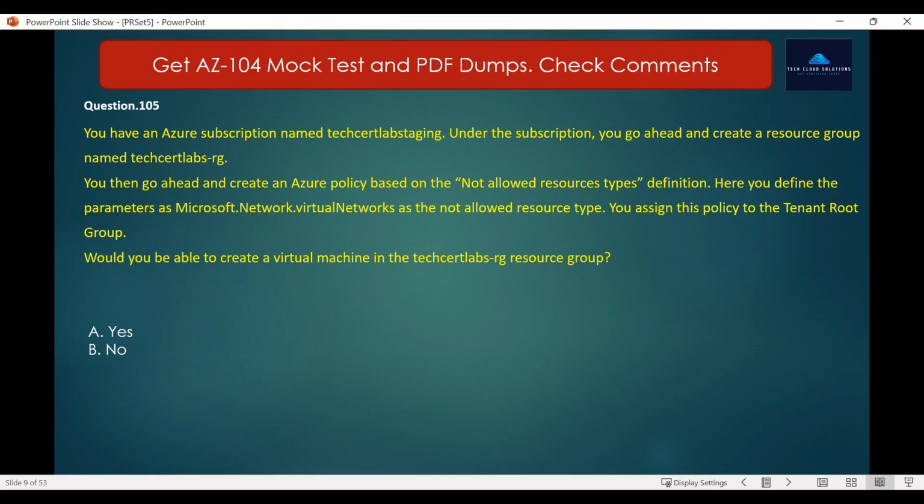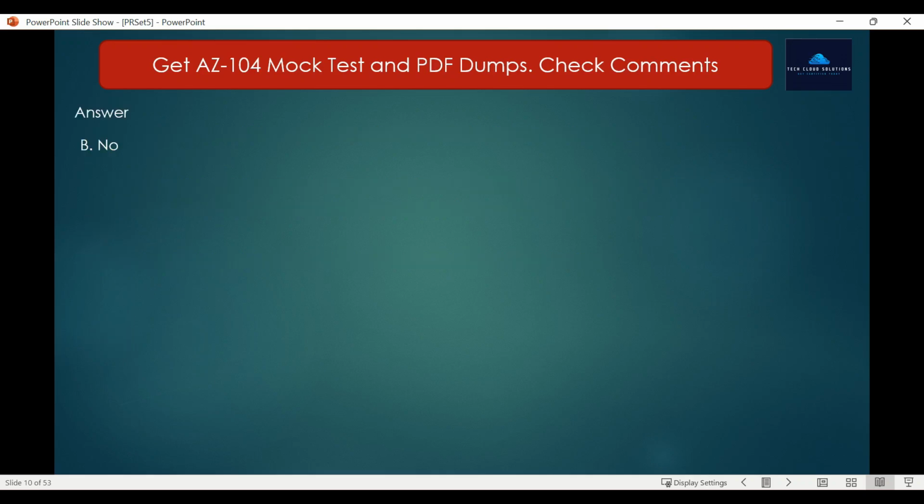And the question is asking whether you would be able to create virtual machines in the TechCert Lab-RG resource group. The correct answer is no, because the policy is applied at the tenant root group. It would be applied to all subscriptions and resource groups. And since virtual networks are not allowed, you won't be able to create the